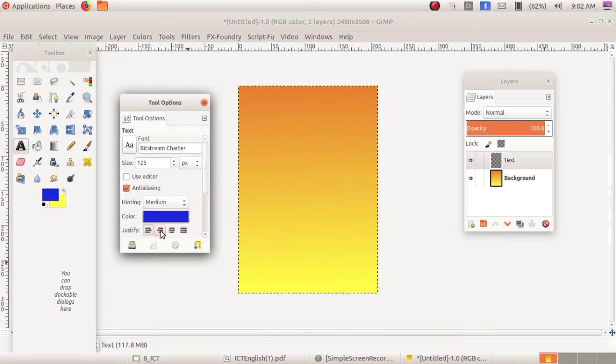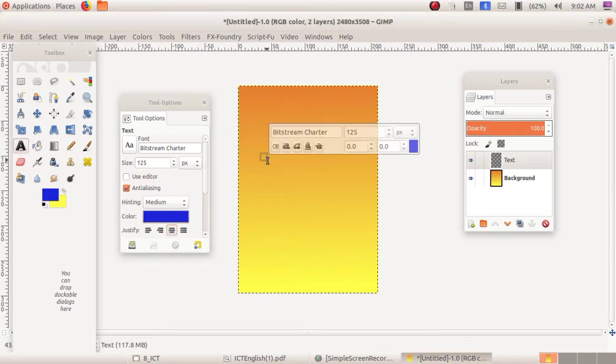You can justify it to center, right or left. Now I am selecting center. Then you can type here a project report. Now you have typed the text, a project report.